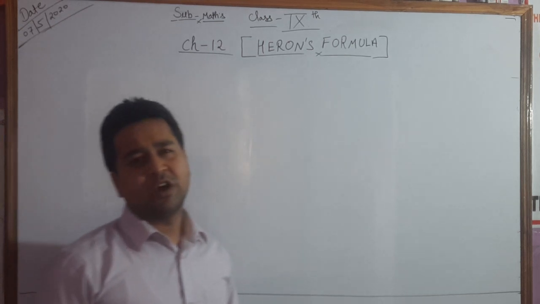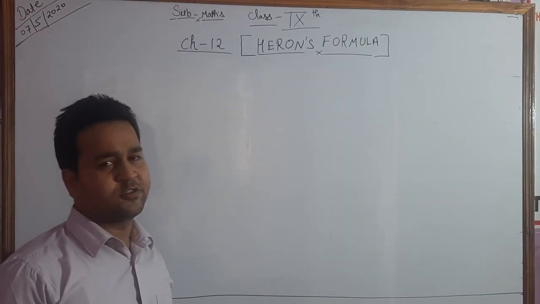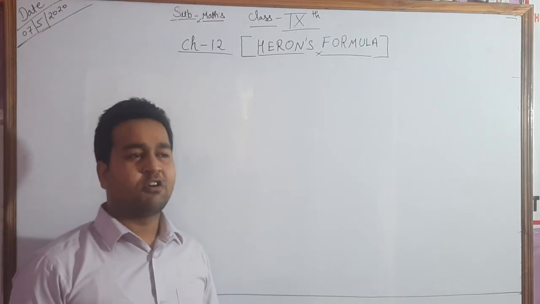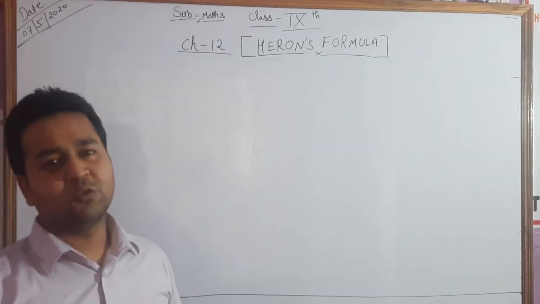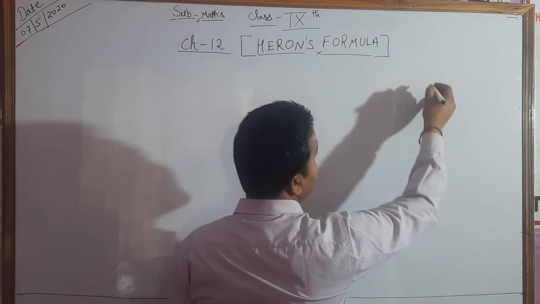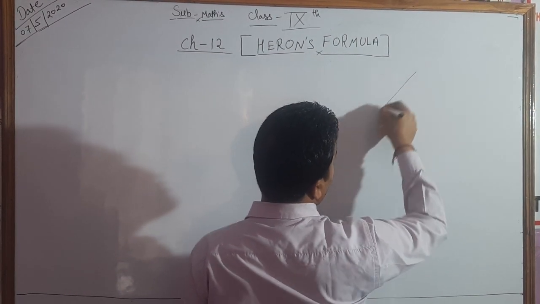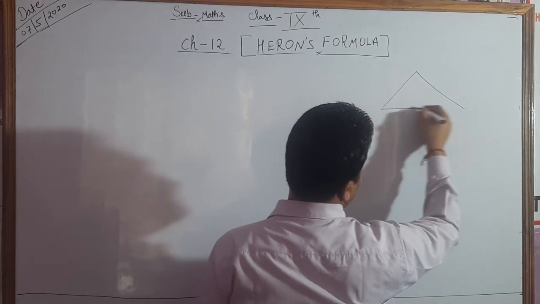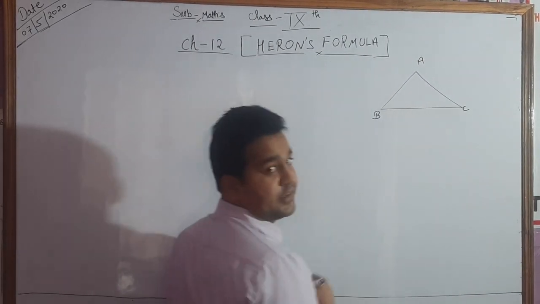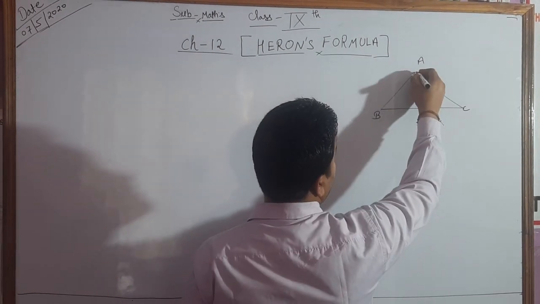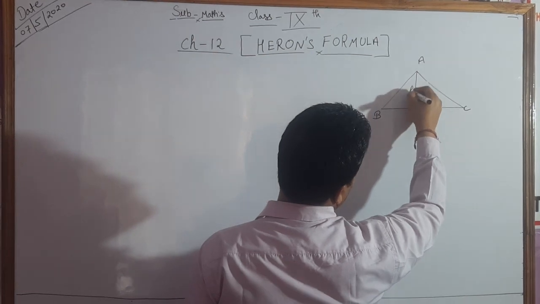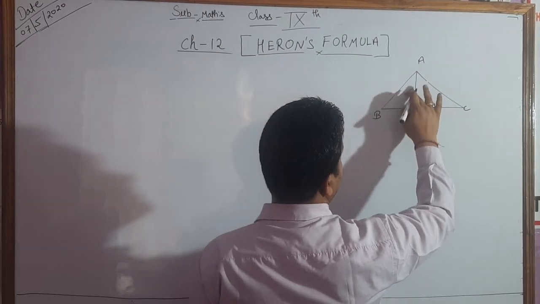As you know, and you have studied in your early classes, in class 8, what is the area of a triangle? All of you know, most of them, that half into base into height. First I am making one figure here. Suppose you have one triangle like that. It is A, it is B, and it is C. And at the same time, you have one height. This is known as H.